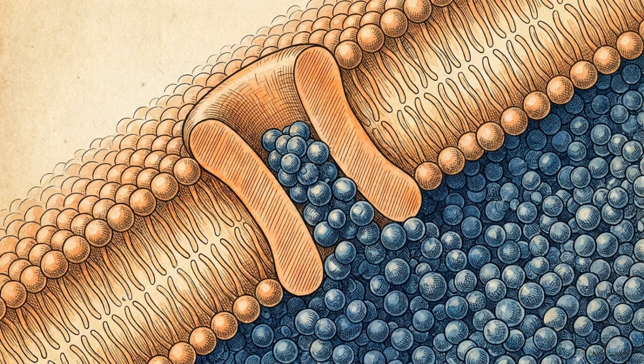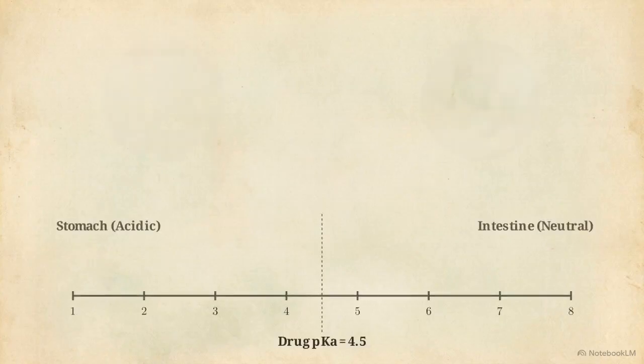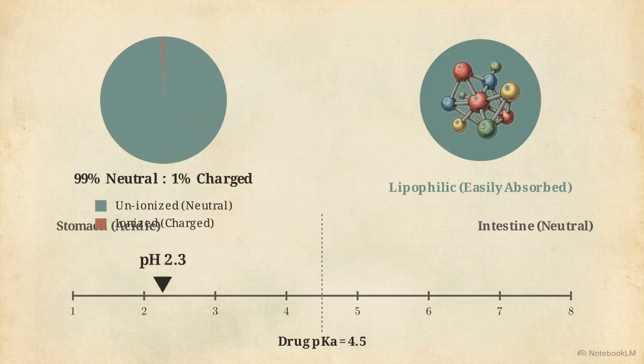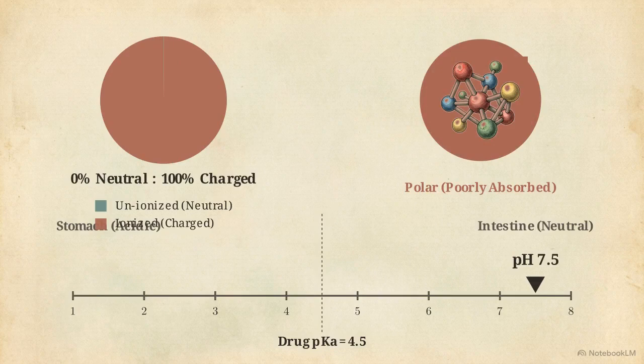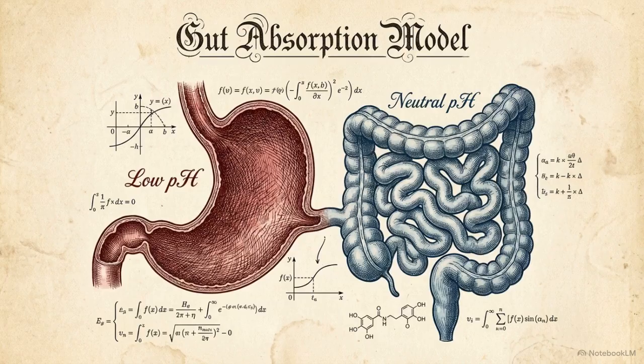Relying on these channels creates a vulnerability. Active transporters can become saturated or subject to competitive inhibition, which limits the total amount of drug absorbed. The local pH of the GI tract interacts with the drug's pKa to determine the exact ratio of ionized to unionized molecules at the absorption site. This relationship is the basis for the pH partition hypothesis, the primary model used to predict absorption efficiency in different